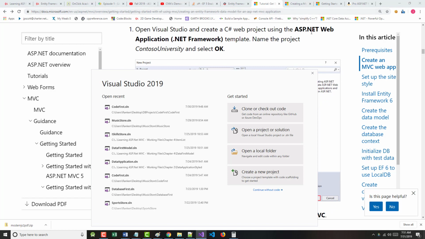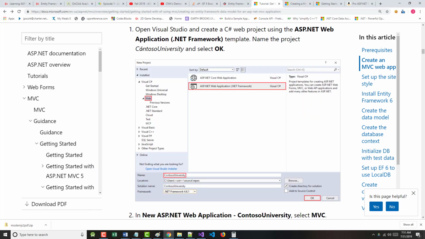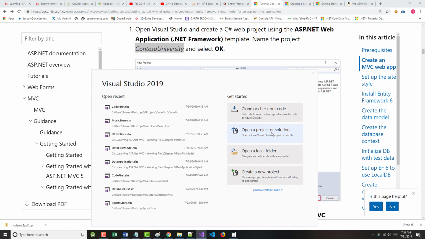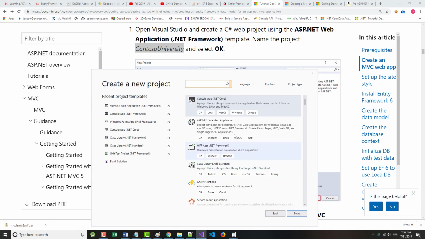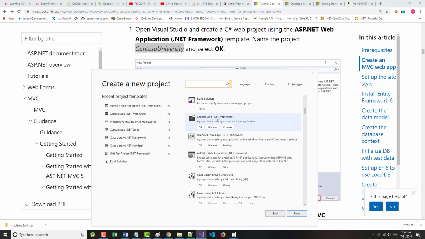We want to use the ASP.NET web app, and we want to call this Contoso University. That's going to look a little different because that's a 2017 screen. But what we're going to do is go under Create a New Project, and we're going to go down a ways and find ASP.NET Web Application .NET Framework. About 10, 12, whatever, down on there. Right there. And we're going to click